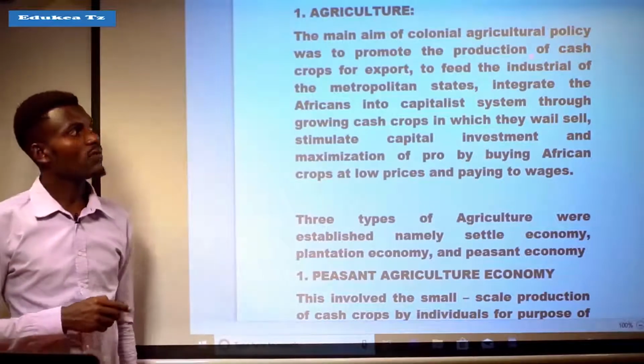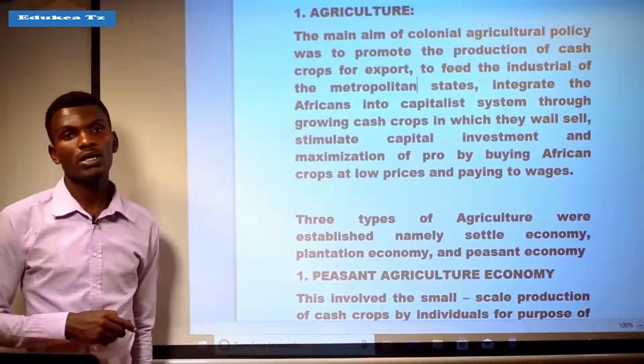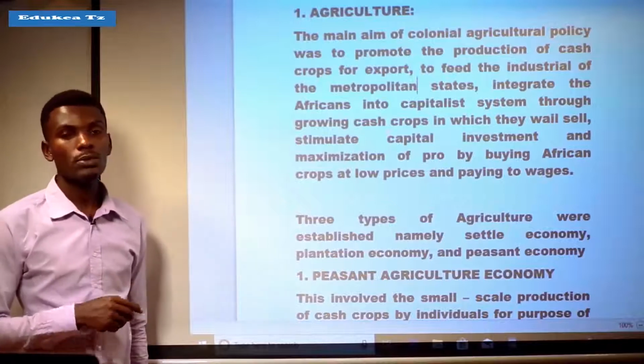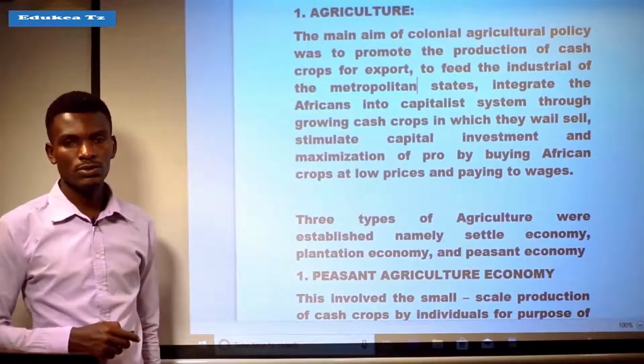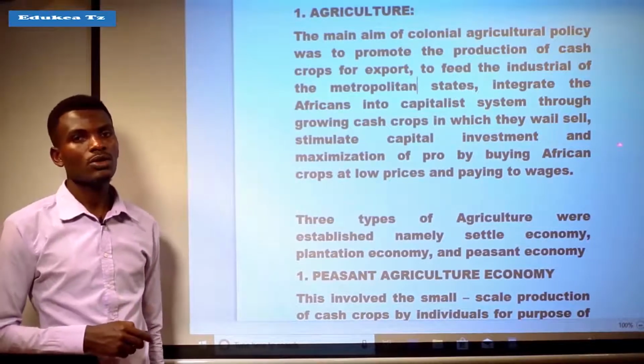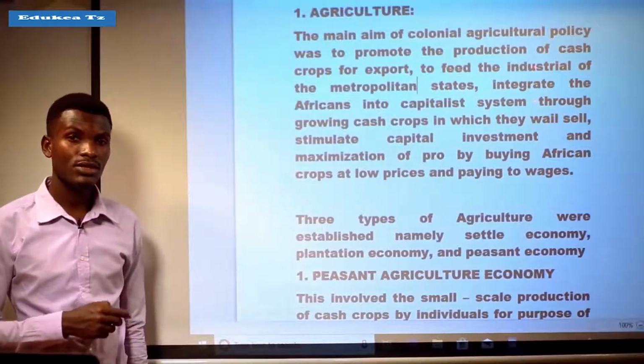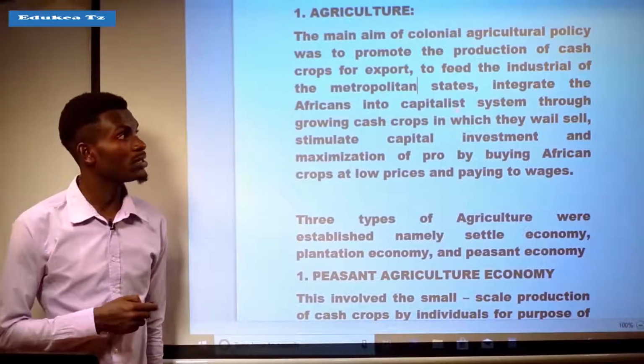It means the main aim of colonial agricultural policy was to promote the production of cash crops for exportation in order to feed the industries which were hungry in European nations,